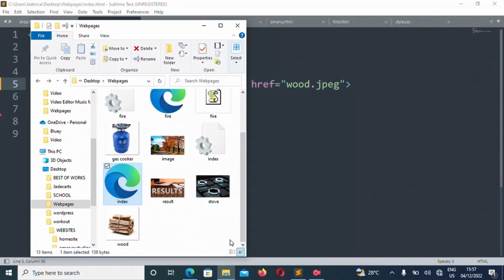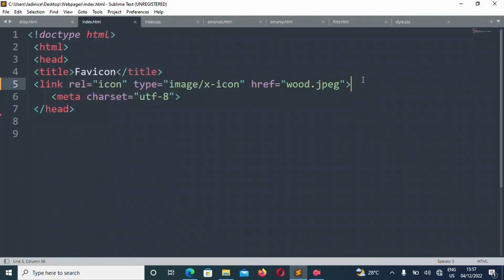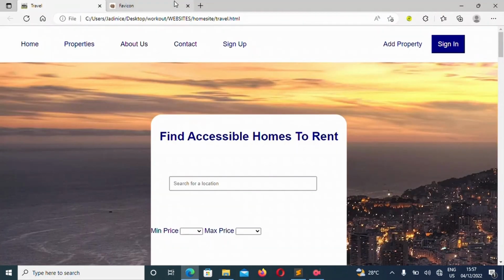The name of your image could be pix, it could be box, whatever name it is, and then dot the image file type. My image file type is .jpeg. Yours could be JPG and others could be PNG. So once you've put all of this together, you will be able to create your own favicon.